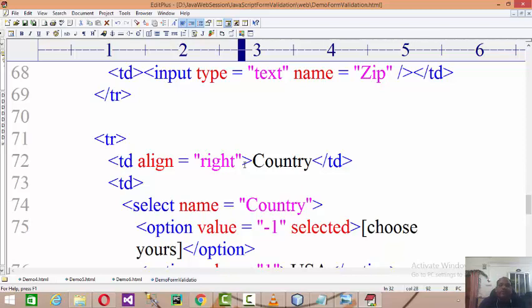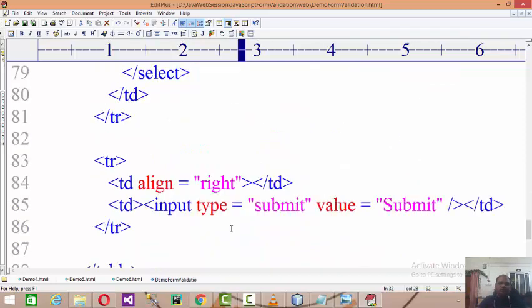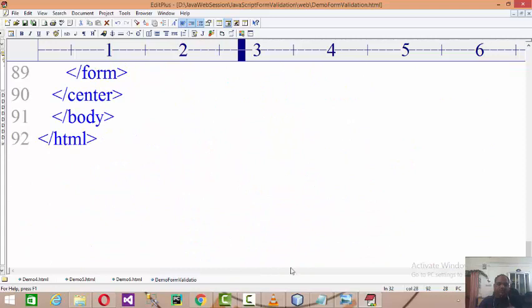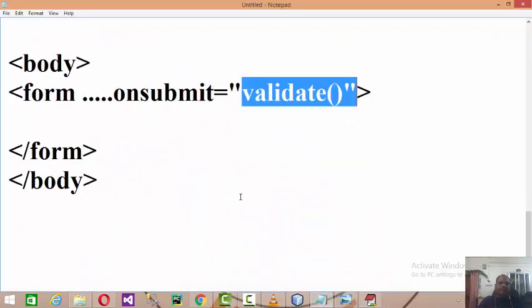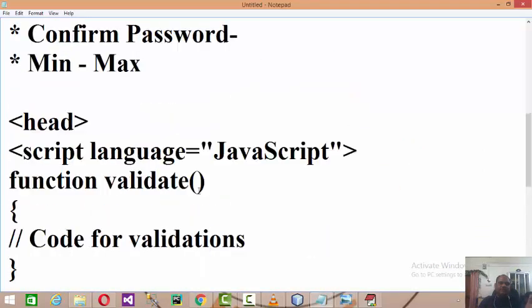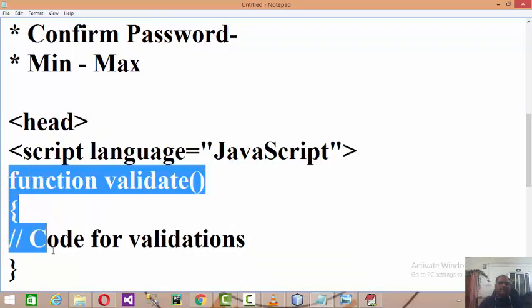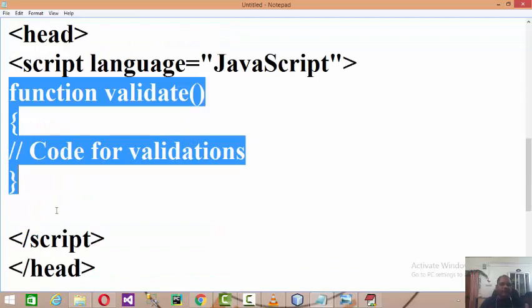To avoid that, we must be able to perform validations at the client side only. Right now, this is about validating the functions, validating the data. Obviously whenever you write functions, there may be a lot of lengthy code added over here.